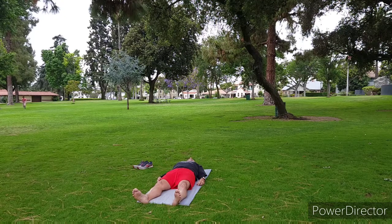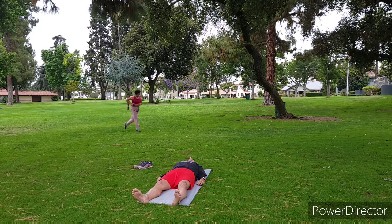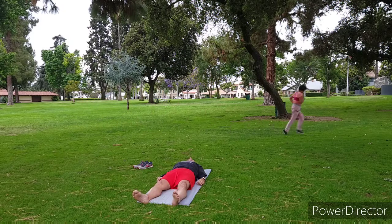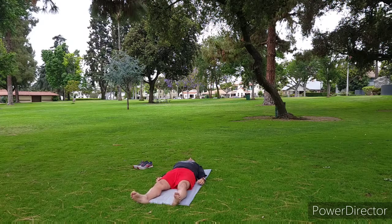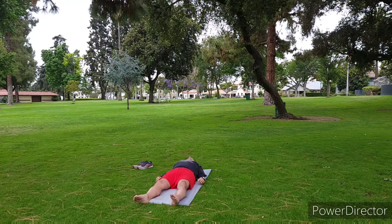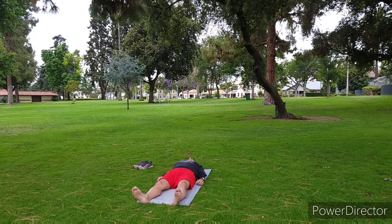Squeeze everything together, and release. Squeeze everything together, scrunch your face, and release. Now we're going to do full body. We're going to tighten up all the muscles on your body. Tighten them up, and release. Tighten them up, and release. Excellent. Now just lay there,